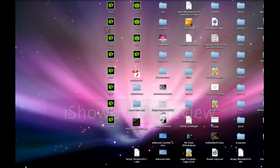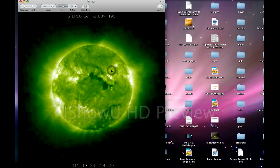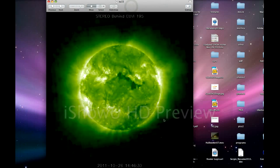I'm not saving the image because I changed a little. So there we go. So let's see, that was 15. I believe that was 15. Let's see, 15. No, that was 14. Here, this one was taken at 14:46:30. Let me get this more in the middle. Now this one I am going to bring up just because